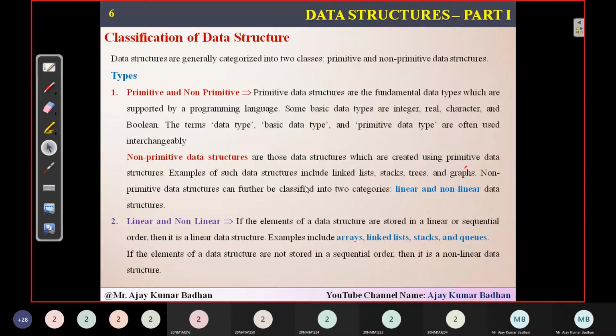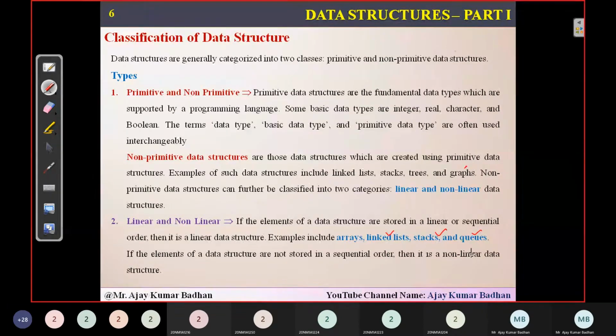These examples of linear and non-linear data structures are the units with respect to your particular data structure course. For example, the second unit comprises linked lists. We are going to see the different operations that we perform on linked lists, along with the different types of linked lists. Then we have stacks, which come under your third unit. Followed by that, we have queues.